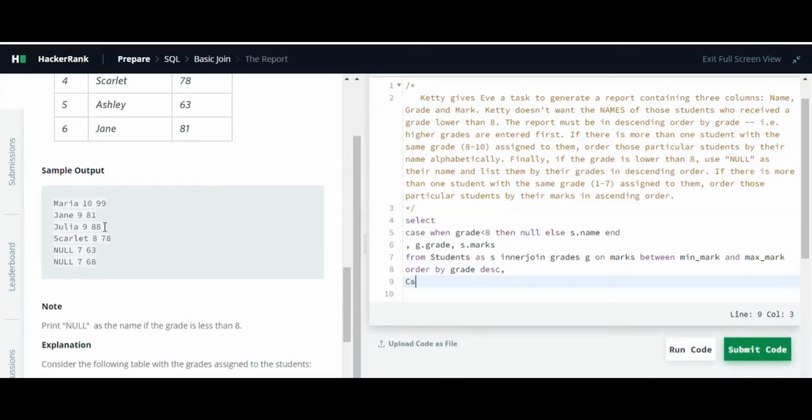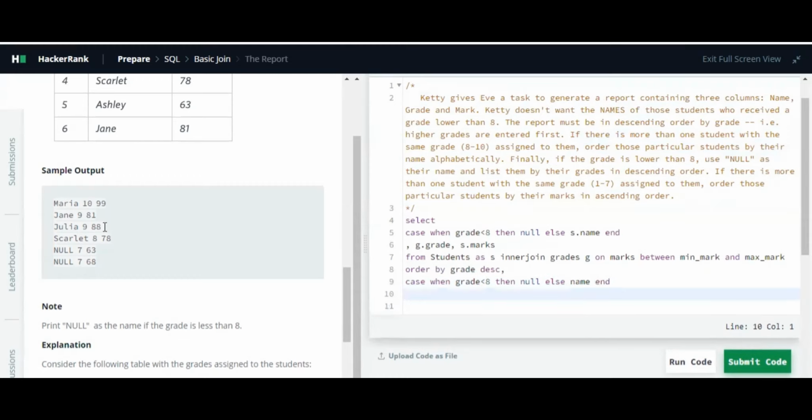Okay, so the next case is when the marks are greater than 8, then we need to order them according to their marks in ascending order. Okay, so and so we'll just do case when